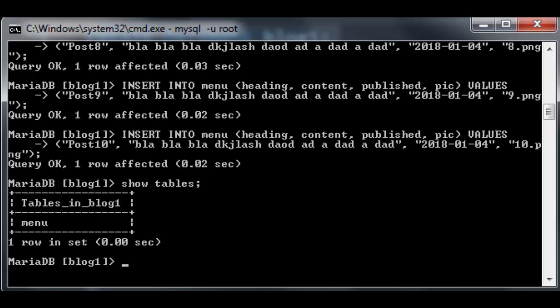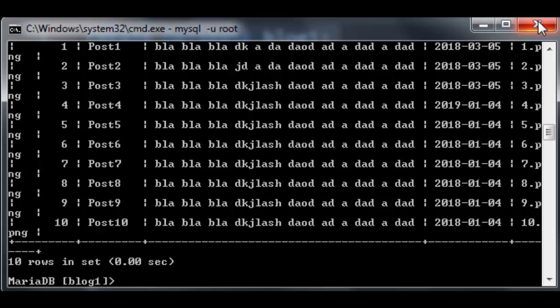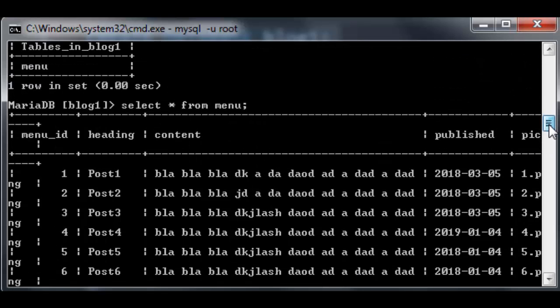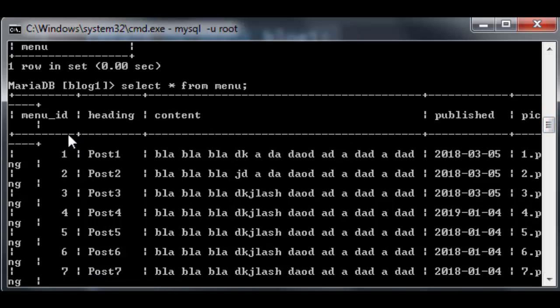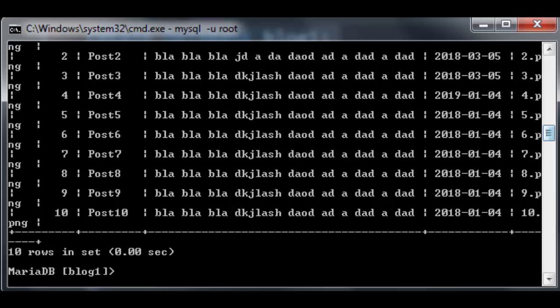Show all tables with the content of the tables. Select all from menu. Semicolon. And we look, we have menu_ID, heading, content, published, pick. 1, 2, 3, 10 rows. We have database block 1, and now I'm going to